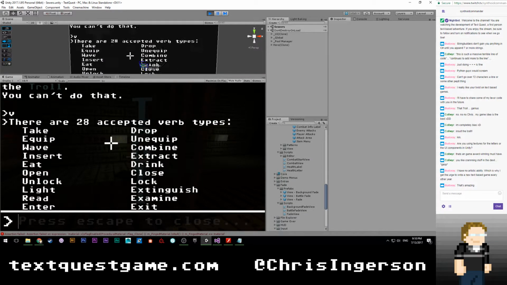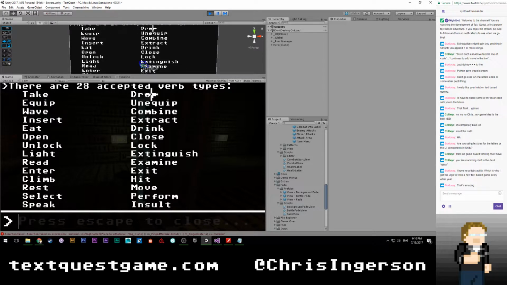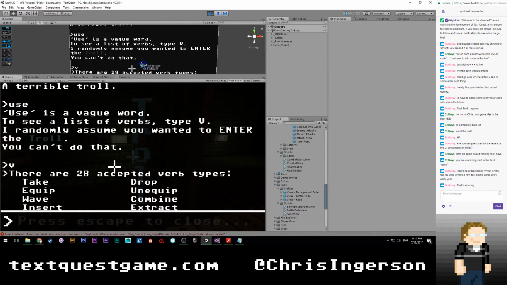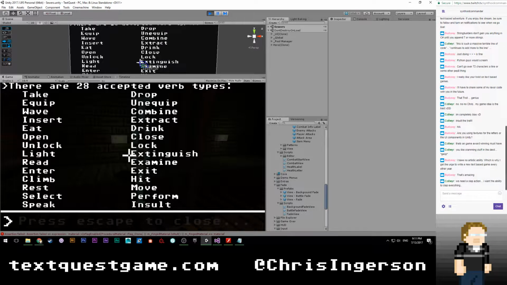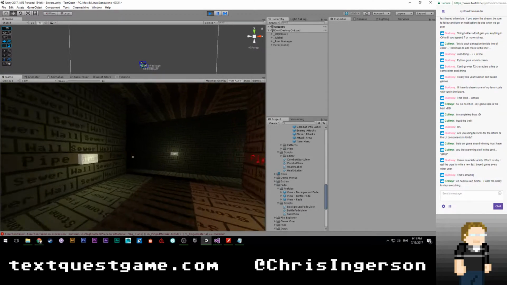I probably need to come up with a better way of showing all of these verbs, because they're really taking up all the space that's possible right now. And if you like writing text-based adventures, guess what? I am also working on a custom text-based adventure tool for this game, so you'll be able to make your own text-based adventures. Because I'm clearly an insane person who has no idea what scope is.